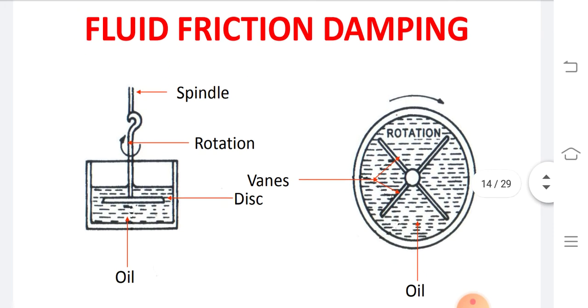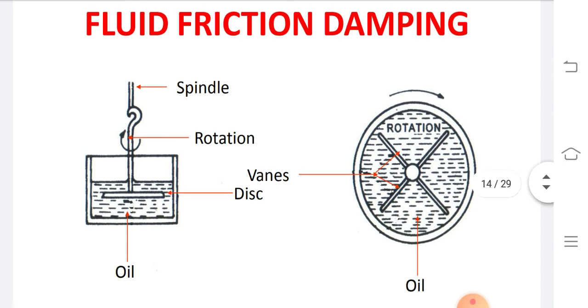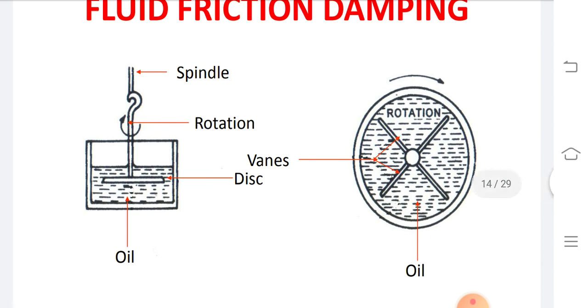Next, fluid friction damping. Here I have shown you two different cases. It is also called oil friction damping. In this method, the vanes, which are light in weight, are attached to the spindle of the moving system and are dipped into the pot of damping oil, completely submerged by the oil. The motion of the moving system is always opposed by the friction of damping oil on the vanes. Thus, the damping force created always increases with increase in the velocity of the vanes. There is no damping force when the vanes are stationary.